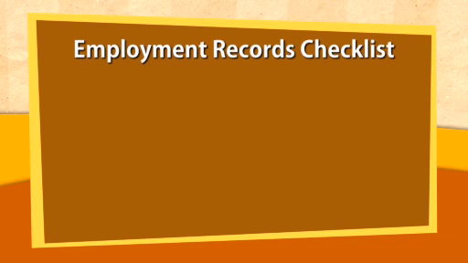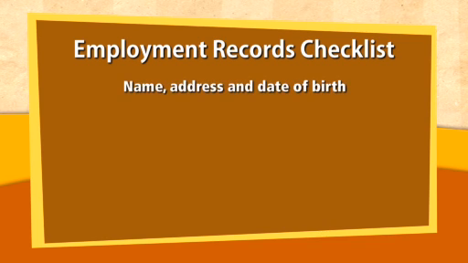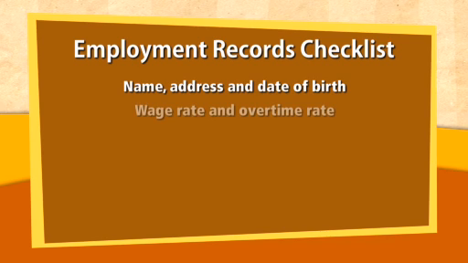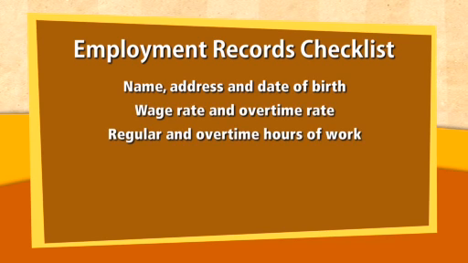Under the Alberta Employment Standards Code, employers are responsible for providing employees with a statement of earnings and keeping accurate employment records. An employer must keep records for at least 3 years from the date each record is made, and records must include the following: name, address, and date of birth, wage rate and overtime rate, regular and overtime hours